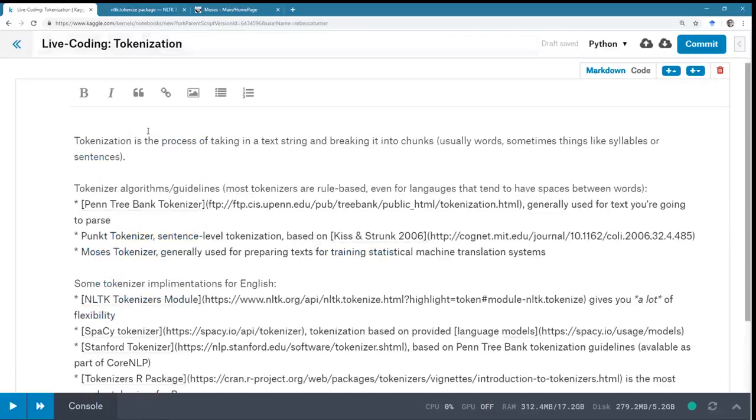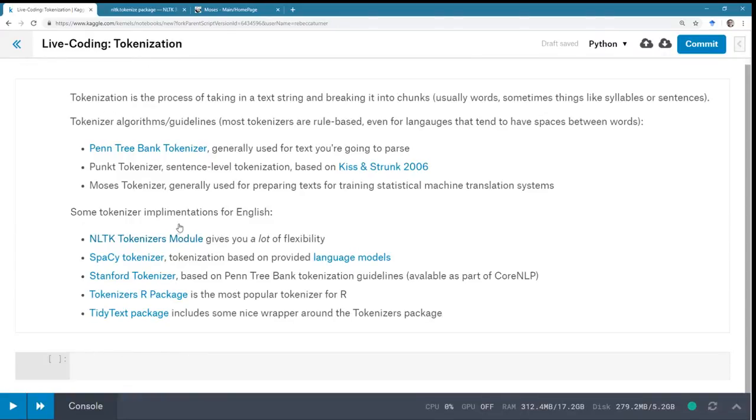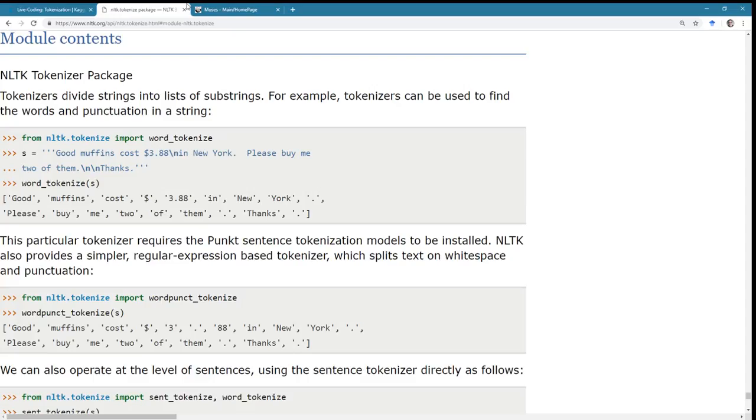So it's got a lot of tokenizers in it, and we're gonna work with this. My plan is to go through and do NLTK, spaCy, maybe CoreNLP, that's sort of like if we get through with the R stuff, and then tokenizers, and then a little bit with tidytext. So these two are in Python, and these two are in R. So I do want to do both languages. We've got a lot on the docket today. But that's sort of the general idea.